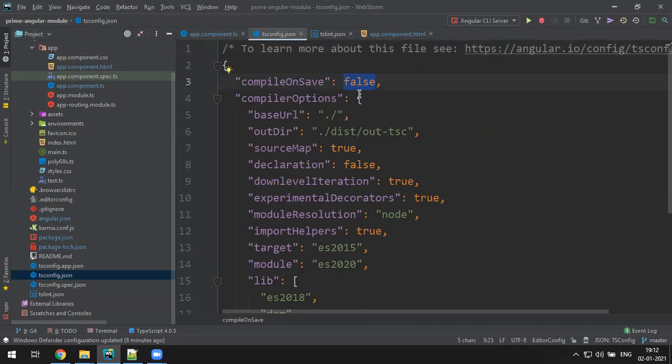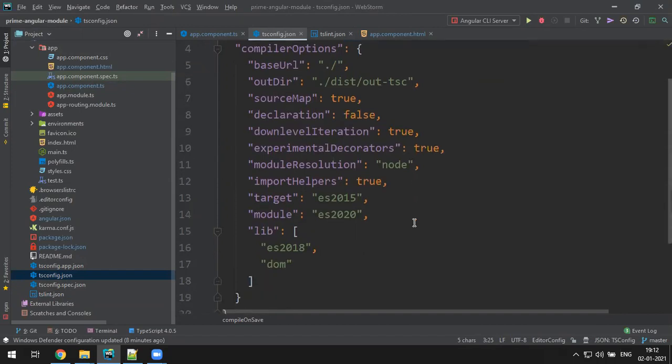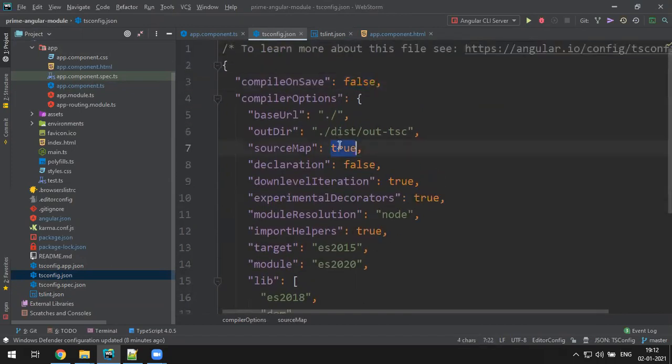Comparison. Declaration. Import helper. Everything is correct. Source map. Experimental decorator. Can I make them false? Import helper should come.